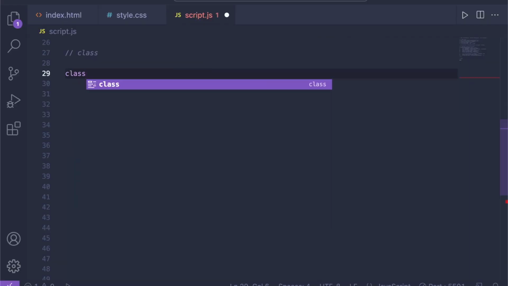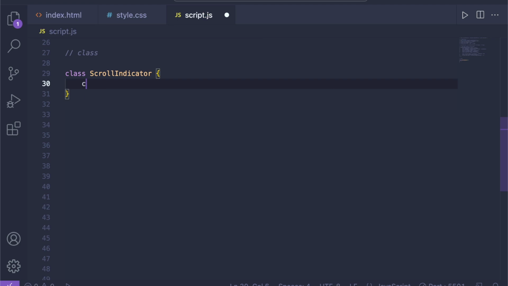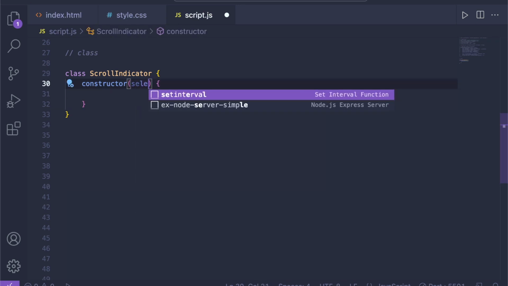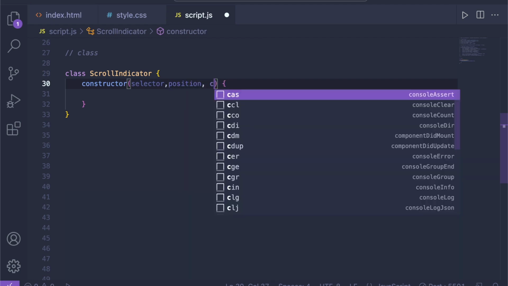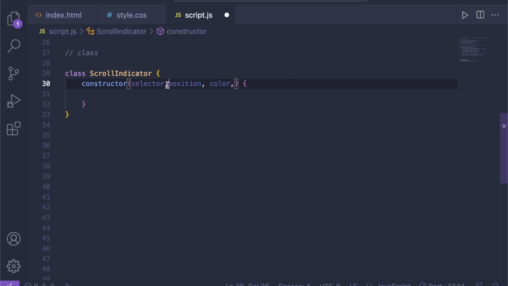So first we will create a class and we call this ScrollIndicator. And this will take in some arguments in the constructor. And these arguments that we want to take in are the selector, so basically saying where do we want to insert our scroll indicator. Then we want to specify a position. A color, so we can change the color of our scroll bar if we want to, for instance, display it on a different page. And we want to take in the window object